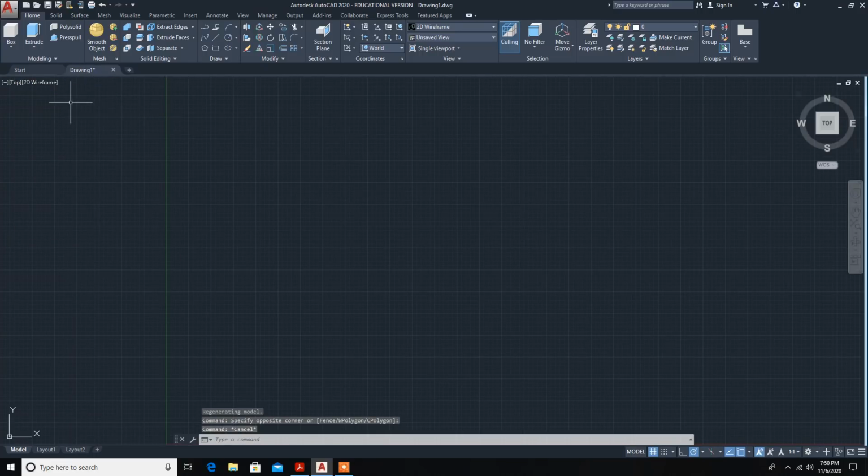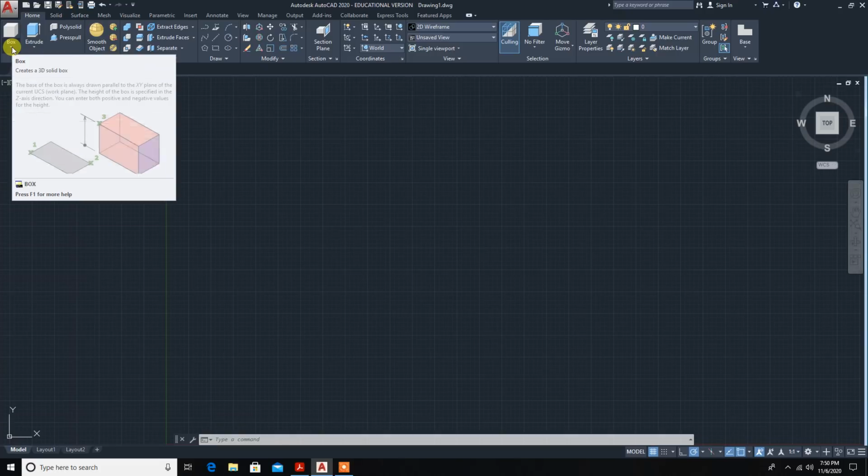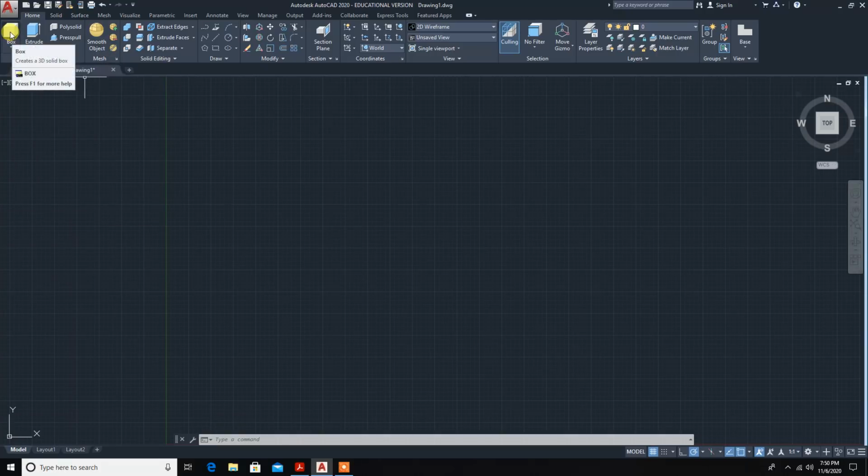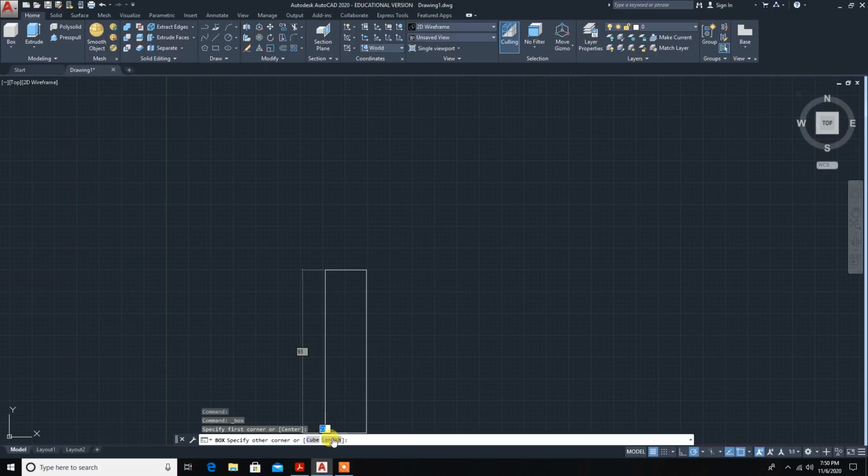Now to draw a cube, here in solids, we have a box. Okay, box command. So click here on the box. Now specify the first corner. So select anywhere. Now here it is asking length.